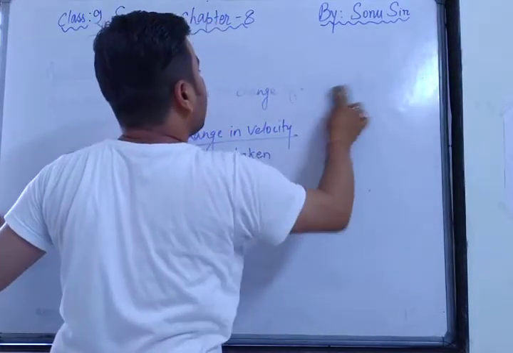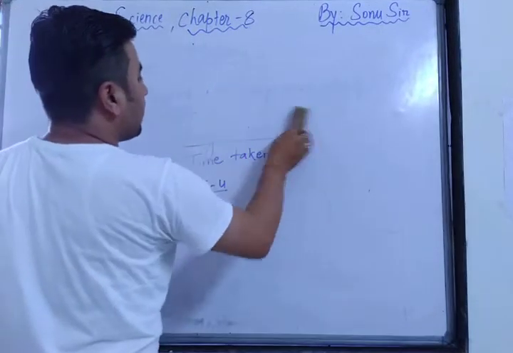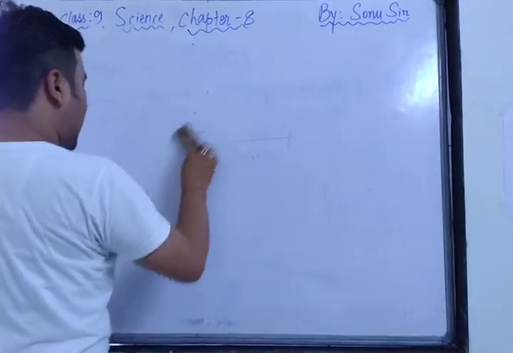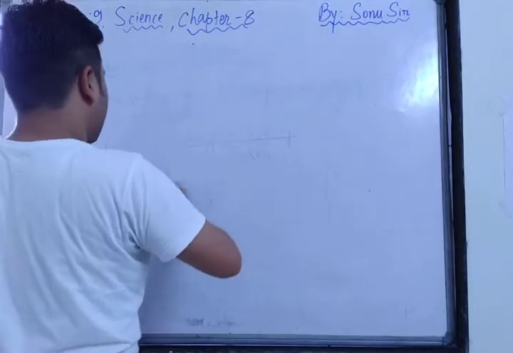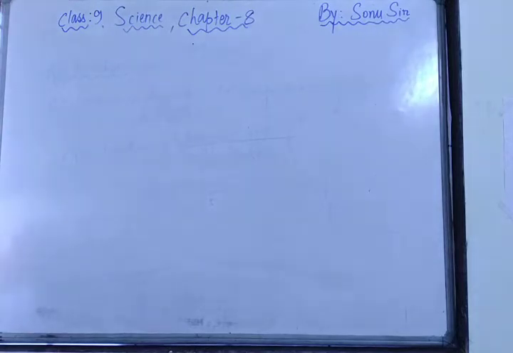How will you understand what the acceleration is? Here there is one boy, he is riding his bicycle. As he wants to get a speed of 6 meter per second, he requires 30 seconds. So there are two cases in this question. First he reaches 6 meter per second in 30 seconds, and after that he applies the brake, so the speed gets lower, to 4 meter per second in 5 seconds. Now calculate the acceleration in both the cases.